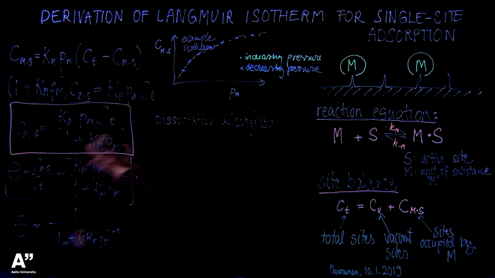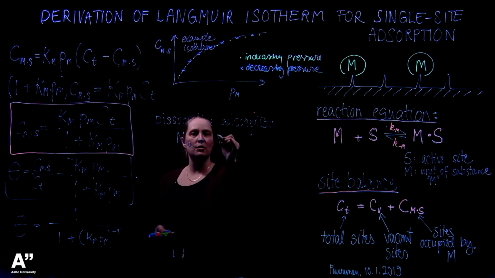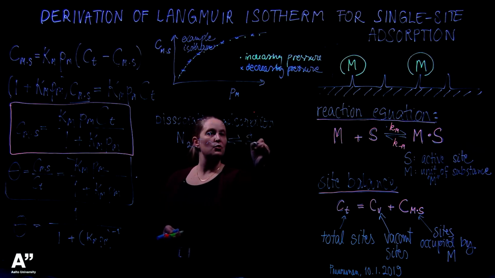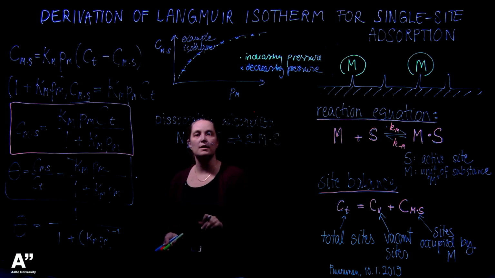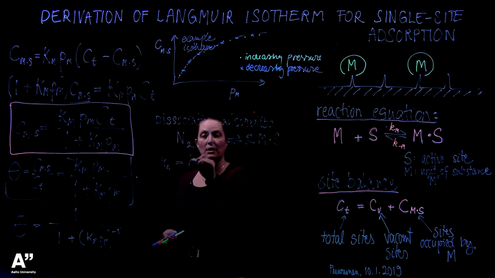We'll call that N2, reacts with two sites, making two MS sites. And then the rate of adsorption would be equal to a proportionality constant